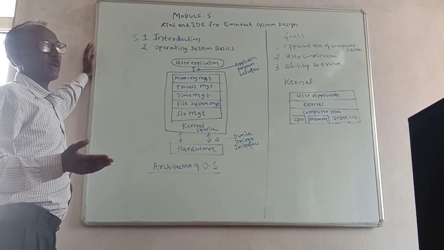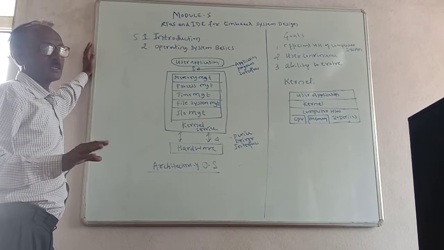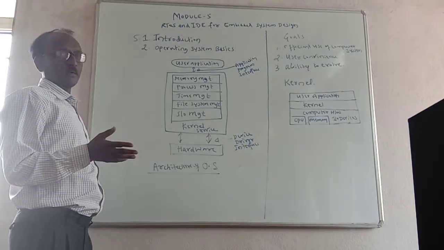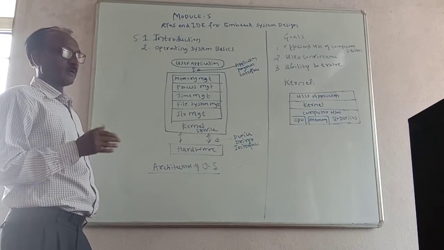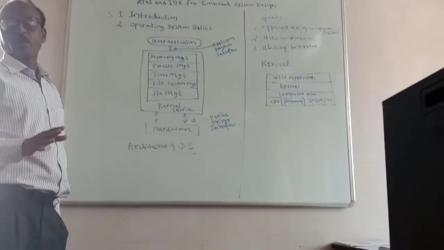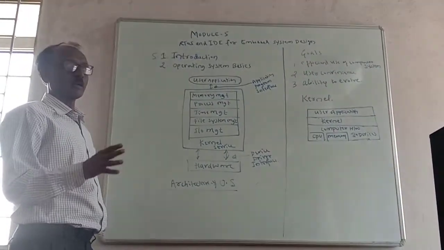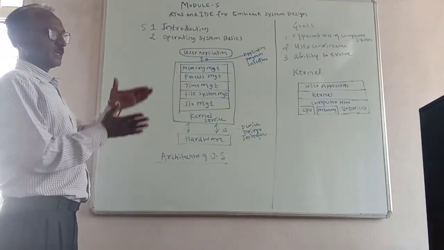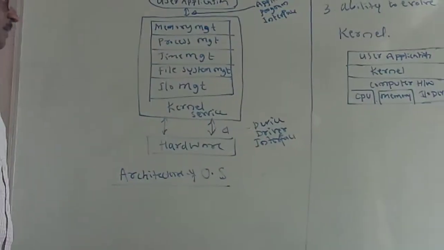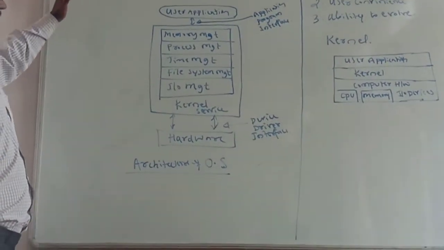Why do we require the operating system? The operating system is most important to execute any program which is related to the application or system related programs. We can execute it through the operating system only. Without an operating system we cannot execute any program. It is the interaction between the application program as well as the hardware, that is known as the operating system.